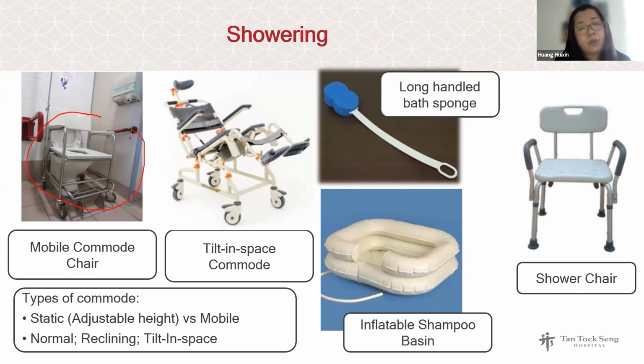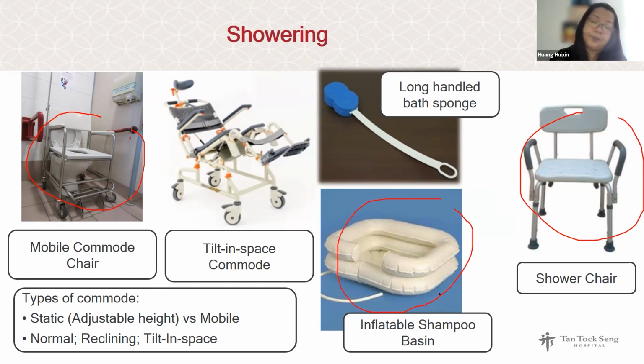Okay, but again, when we are looking at all this equipment, we will be looking at their space, to understand whether there is a possible space constraint that we are facing. Okay, and also a shower chair for a more stable person at their early stage, a long-handled bath sponge if they have difficulty reaching their back, and also this is the inflatable shampoo basin that I was talking about earlier on. Moving next,